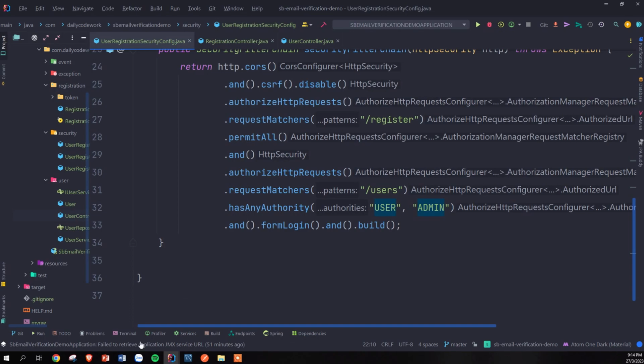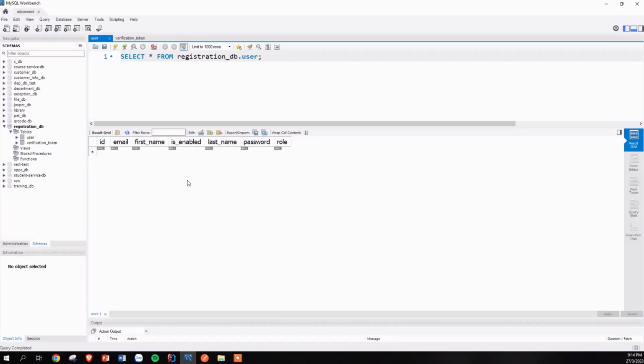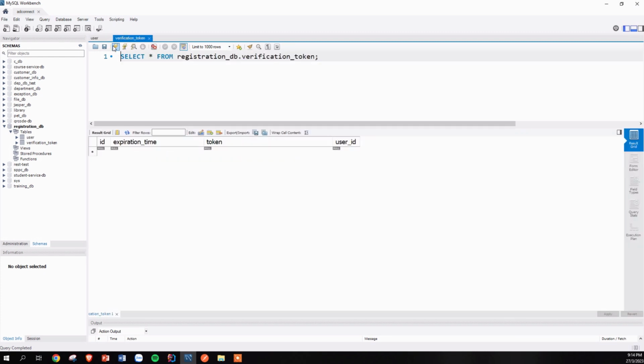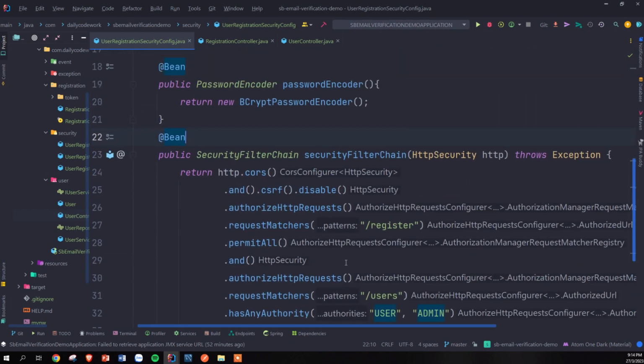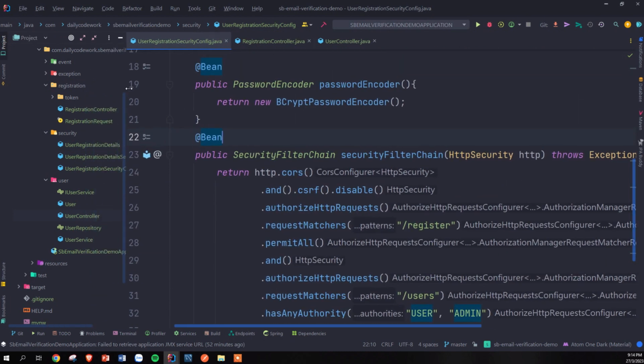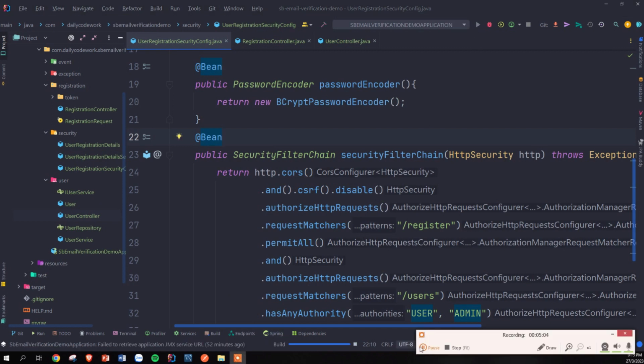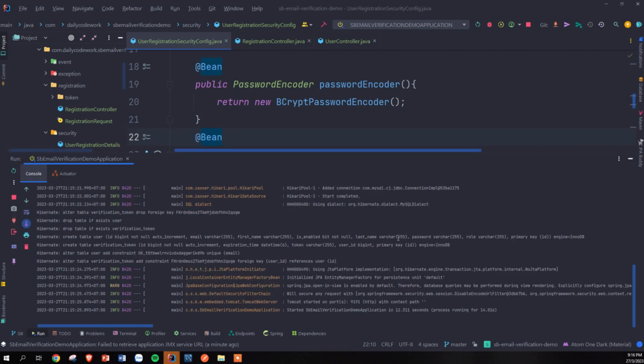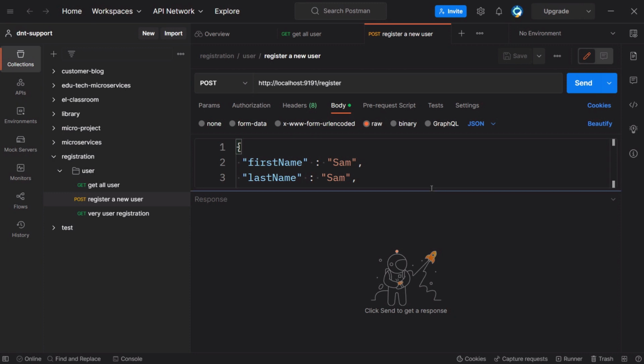Because now we have not gotten any users in our database, so we cannot test any users right now. So what we're going to do is to actually run our application and see how we can create new users. So for now, I'm just going to hit the play button to run our application. Okay, so we see that our application has started successfully. So what we just need to do here is to go to Postman